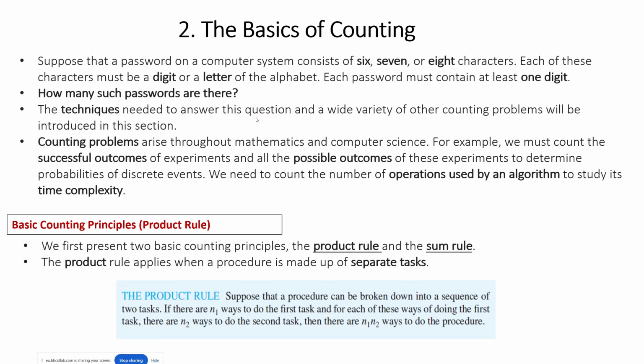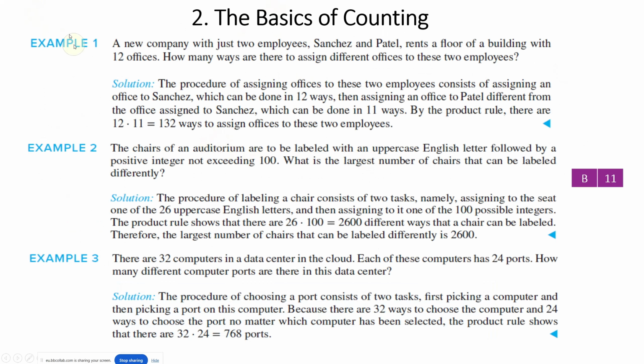Before we start talking about the probability of something happening, we'd like to be able to count how many possible ways we can do certain things, and count how many times we can do them differently. For example, let me go back with the examples. Example number one: a new company with just 2 employees, these 2 guys,